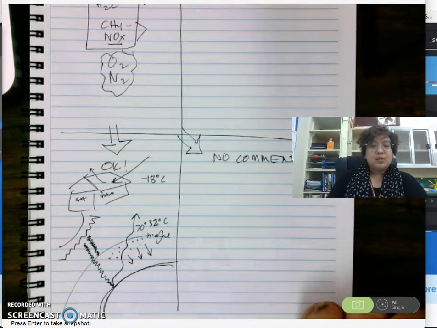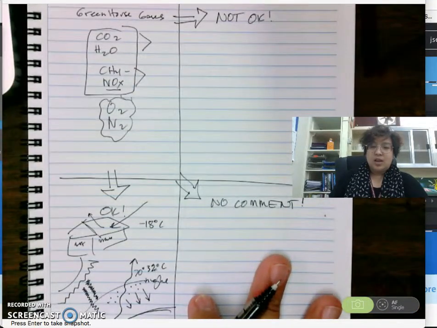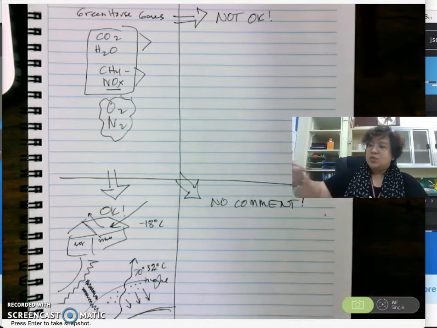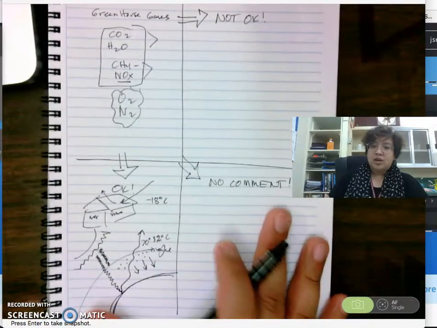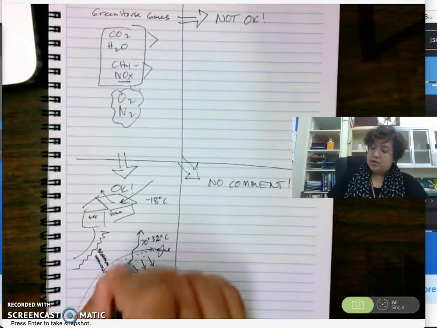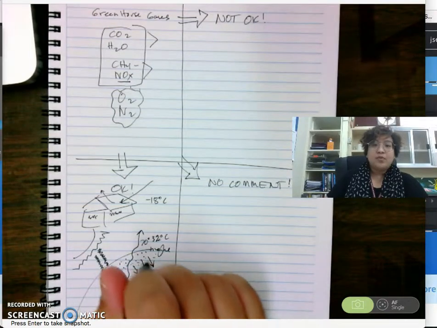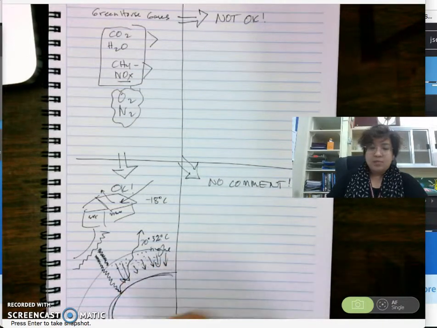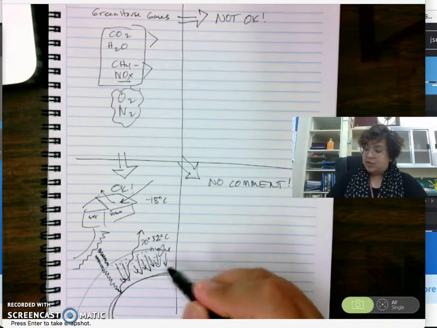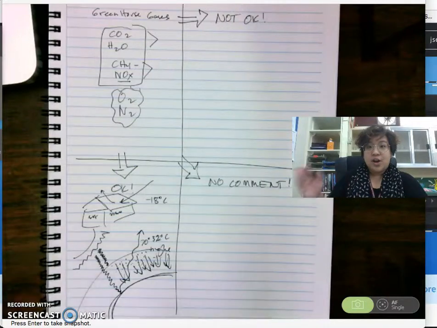The problem is, so we'll get into the next quadrant, not okay, because there seems to be an increasing amount of greenhouse gases in the atmosphere. So let me put more dots here. And what will you expect to happen if you have more greenhouse gas? There's more emitting back of the radiation to the Earth's surface. Therefore, the surface becomes warmer or hot.